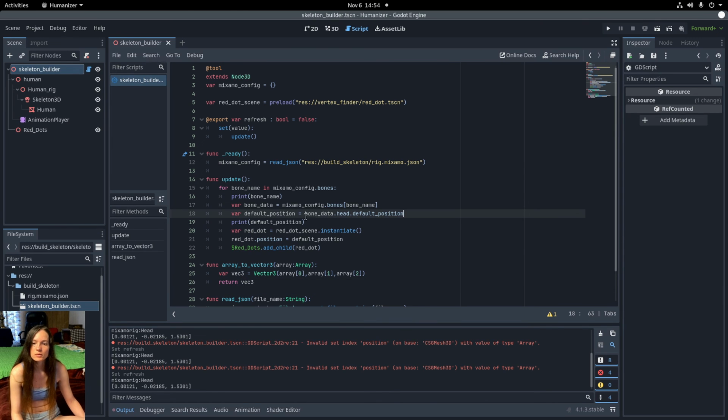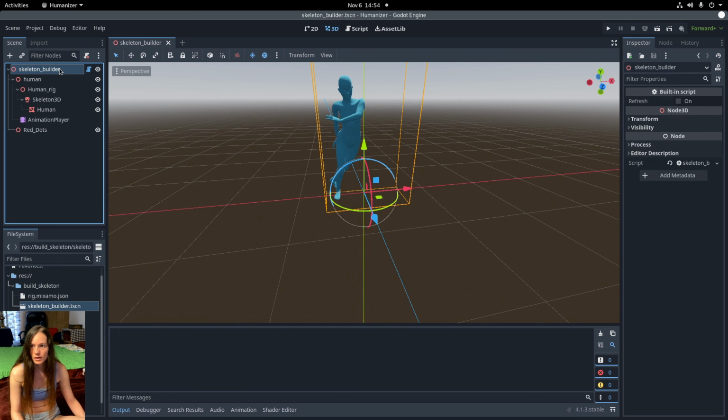So now I'll set the default position equal to array to vector3 of the default position from the JSON. So now if I update,